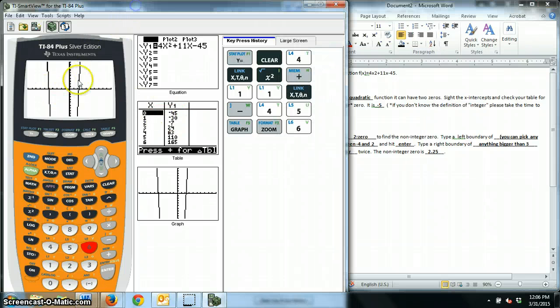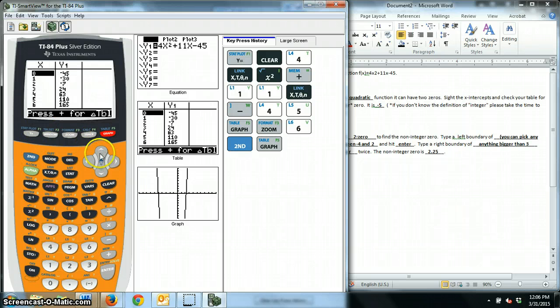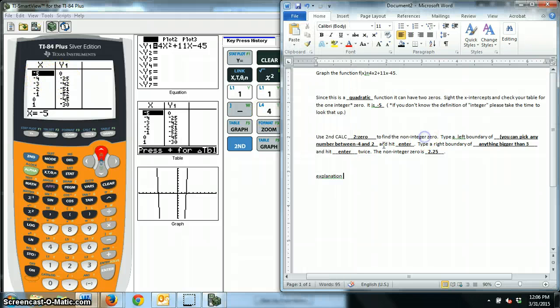When it says cite the x-intercepts, we can see we have one x-intercept right here and we have one over here. This one looks like it might be a whole number. It's somewhere in the negatives, so let's take a look at the table and see if we can find that 0. All right, so I'm going to scroll through. It looks like it might be at -5, and when you go up here, we can verify that -5 is